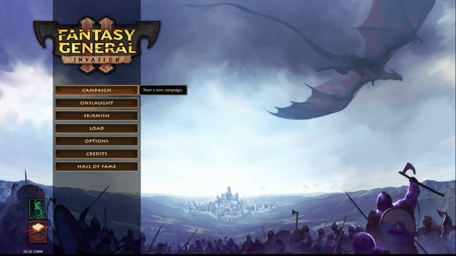For those who don't know, this is a game in a long-running series of turn-based hex grid strategy games known as the General series. You've got a ton of different genres in there. You've got Pacific General, Panzer General, Allied General, Space General, Fantasy General, and now Fantasy General 2 Invasion here on Nintendo Switch. And there are some expansions you can get for this game as well. I don't have those, but